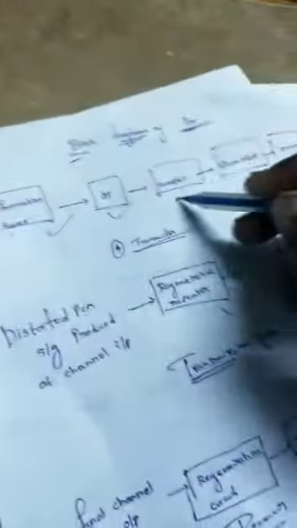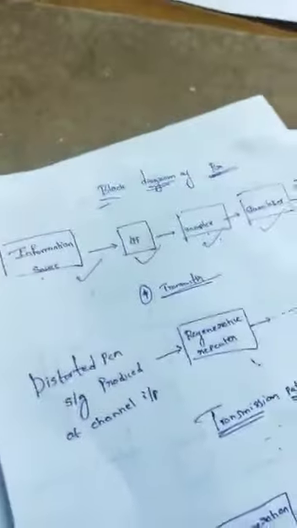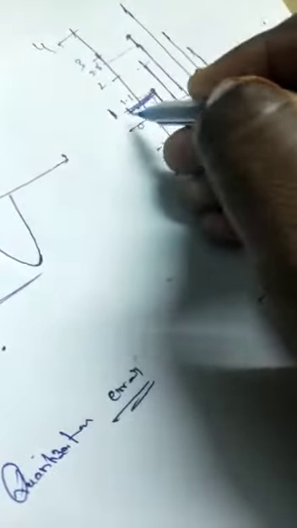In the block diagram of PCM, we have the information source, low pass filter, sampler, that means sampling, quantization, and the last one is encoder. Encoding means we are assigning the codes to each digital level. Here, the total number of digital levels is 8, so the total number of bits is 3: 0, 0, 1,